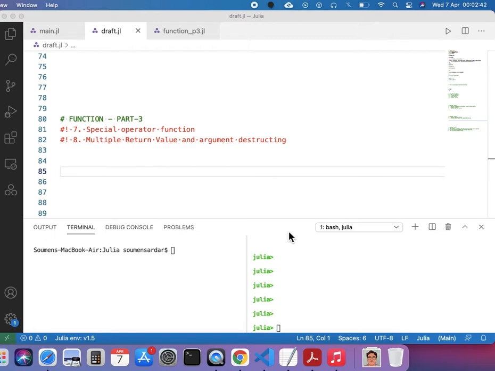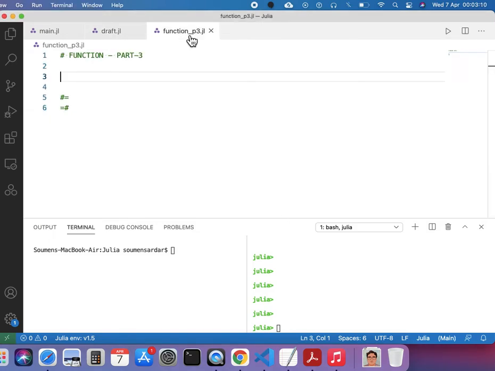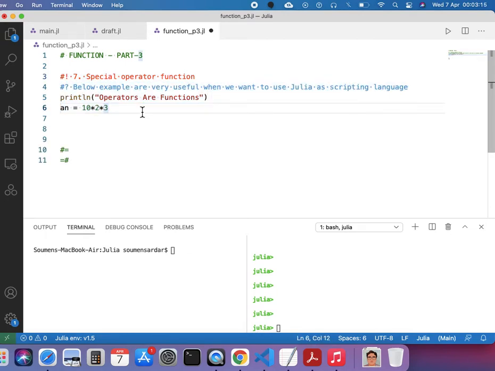And today in this video I am going to discuss one pending topic, special operator function, that I was not able to do in my last video because it was a little bit long, and as well as I am going to discuss two very new interesting topics: multiple return values and argument destructuring on function. So this is our first topic, special operator function, and those special operator functions are very useful if